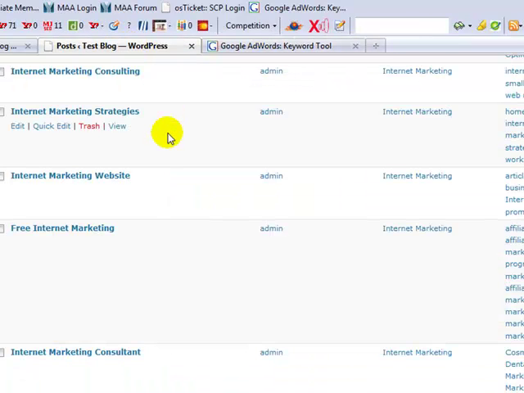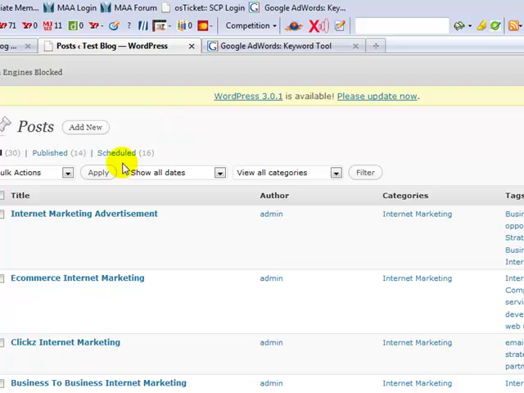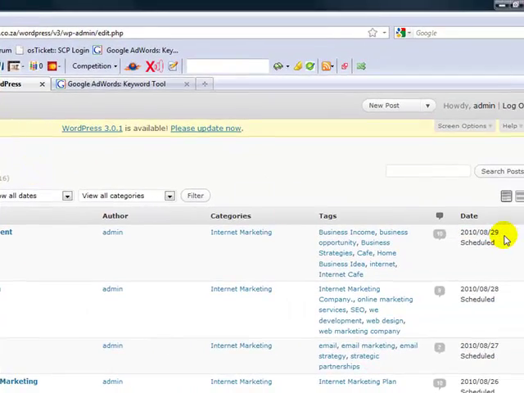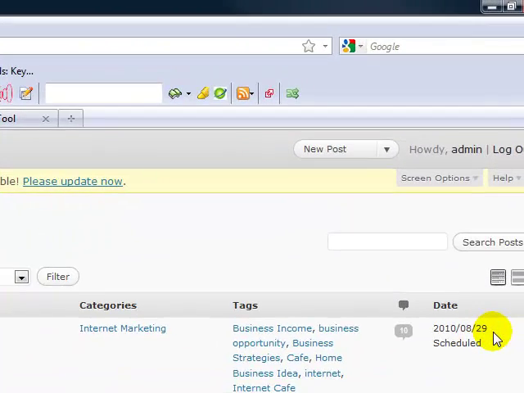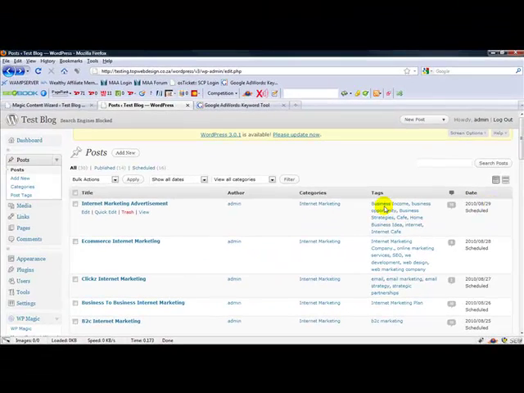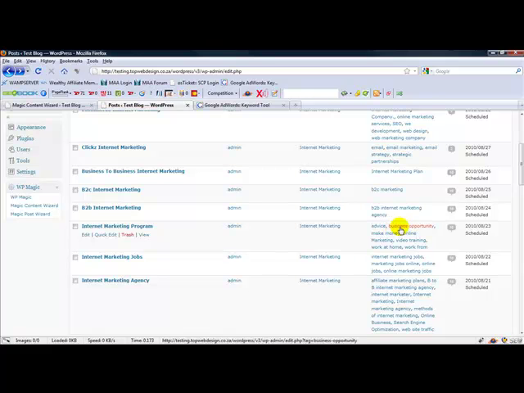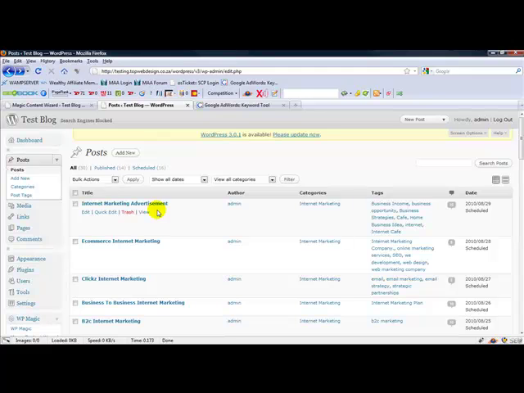So that's essentially how Magic Content Wizard works. And you saw there that the scrape time was pretty quick. I think it was about 3 or 4 minutes that we got those 30 in there. So in about 4 minutes we got 30 posts. 1,000 posts will take you an hour, maybe an hour and a half maximum, and you can schedule it ahead. You could probably have your entire website posting 2 a day for a whole year, and it'll take you about an hour to set that up. So, or schedule 2 a day for posting, and all you need to do after that is monetize those posts,